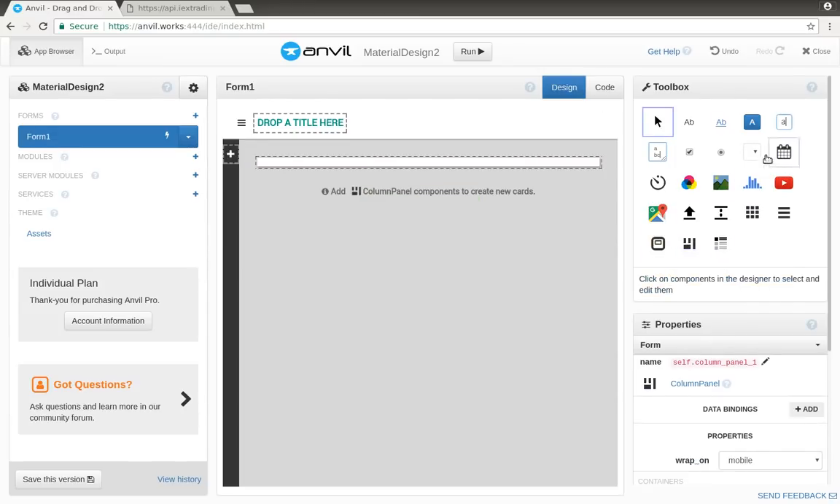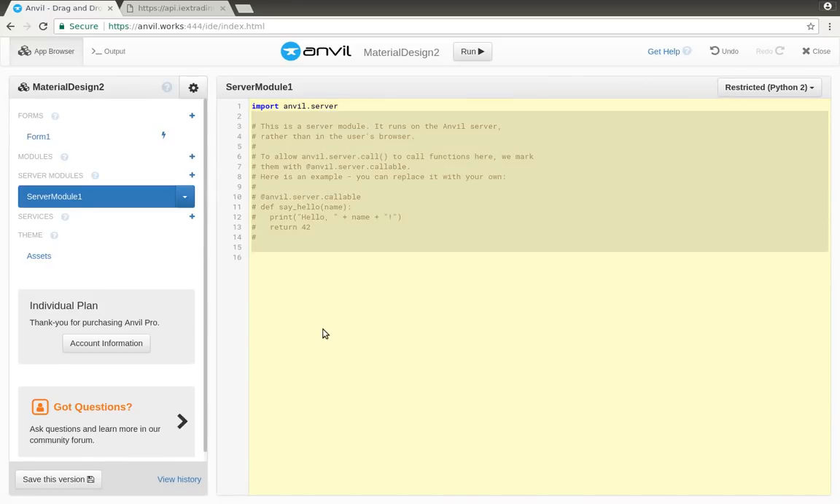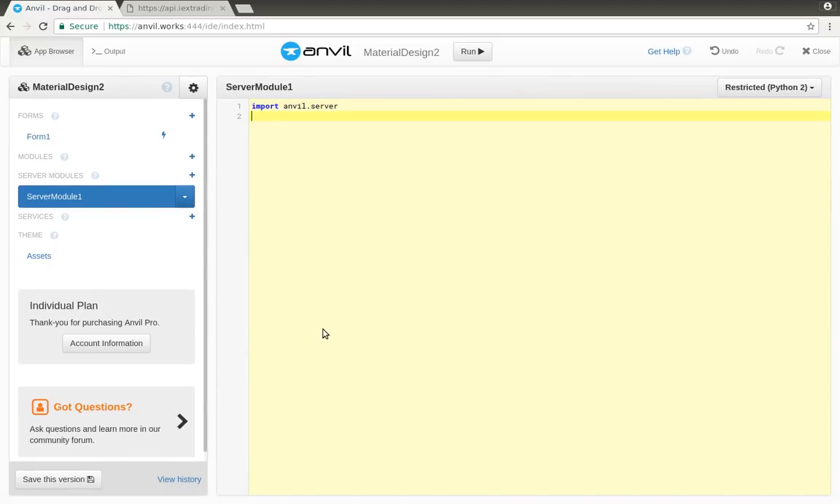Stick a panel on here, stick a chart on here. Anvil has full plotting support using the popular Plotly API. So all we need to do is get that data and send it up here and plot it. I'm going to make a server module to get the data. This is so that the code that's accessing the API is trusted. Just in case you were using a different API that required authentication, you didn't really want that happening on the client side. So we make a server function,